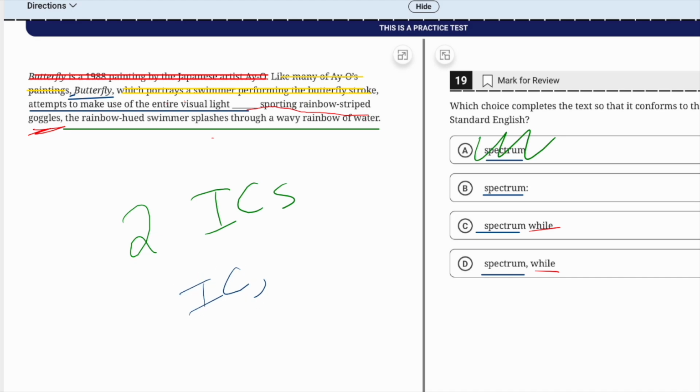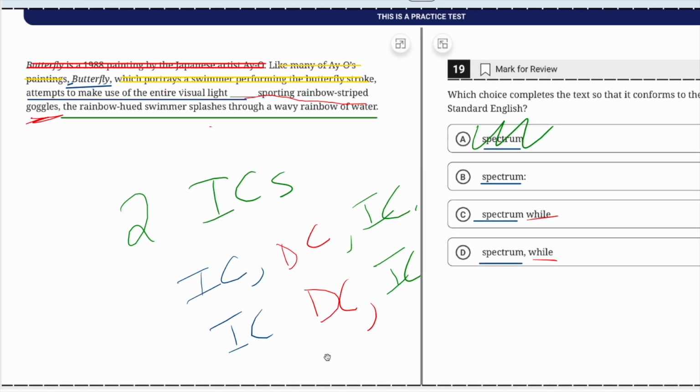If you have an independent clause, a dependent clause, and then another independent clause, or even if you have an independent clause, a dependent clause without a comma, and then another independent clause. Regardless of what's in between them, if you have multiple independent clauses, the only way you can join them without using something like a period, semicolon, or colon would be if you had a comma and a conjunction. Specifically, a coordinating conjunction, a FANBOYS conjunction: for, and, nor, but, or, yet, so.